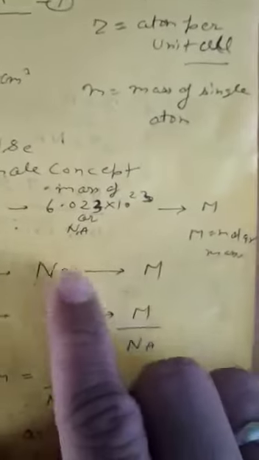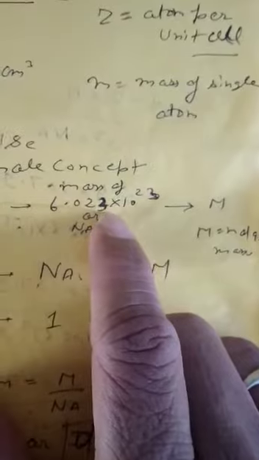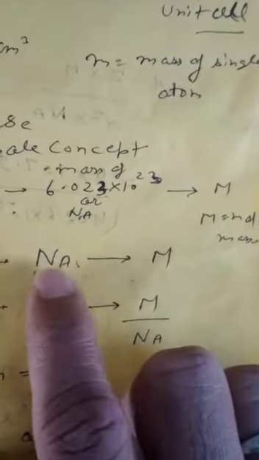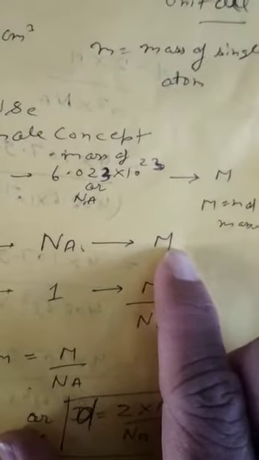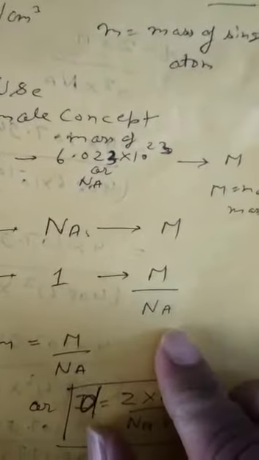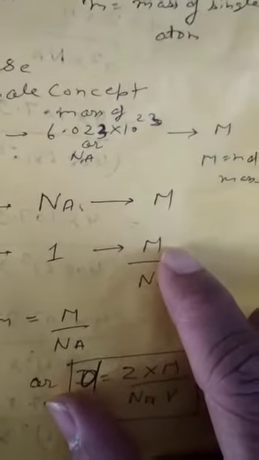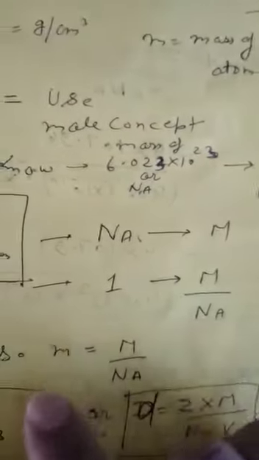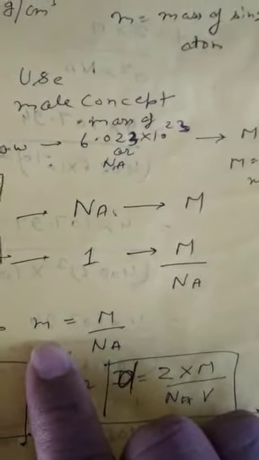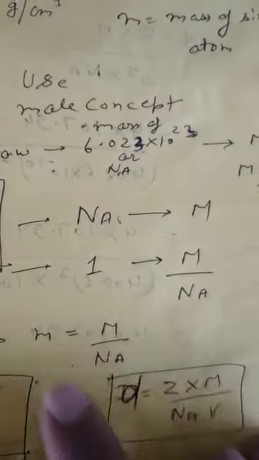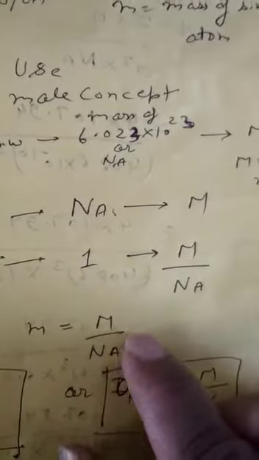So this number is called Avogadro number. I can also represent this number by Na. So we can say the mass of the Na particles is M. So the mass of one particle is equal to what? M upon Na. When you take the molar mass of any substance and divide by Avogadro number, you have the mass of single particle. So the mass of single particle, that is small m, is equal to molar mass divided by Avogadro number.